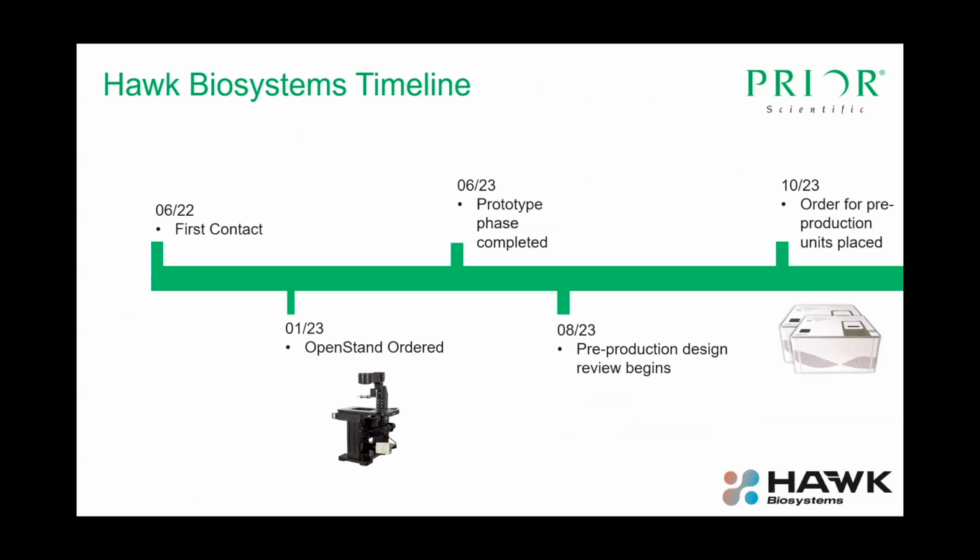So how did Hawk work with us? Hawk's timeline was really short, as I said. The first contact they had with us was in mid 2022. Six months later, they ordered an open stand, and they used that to validate the basics of our optics and ensure that the system was going to work for them with the other third-party components that they'd chosen. We then went through a relatively lengthy pre-production design review to try and morph the open stand into something more akin to what they wanted, and that's how we ended up with the industrial design you see on the right-hand side there. They ordered those units in late 23,